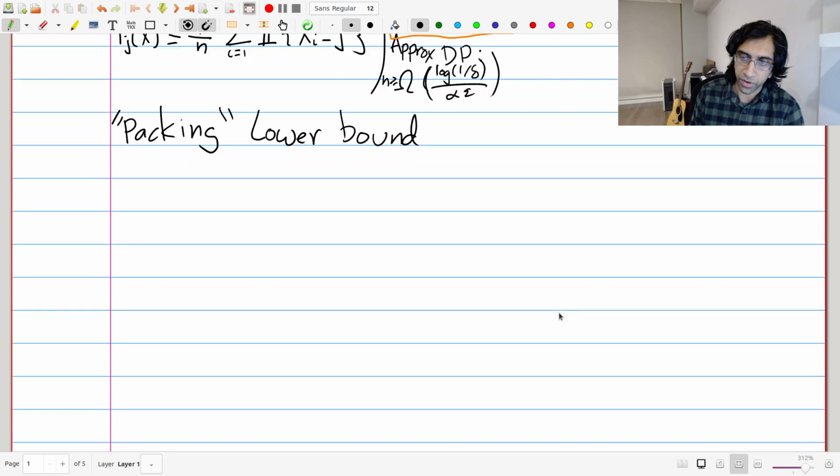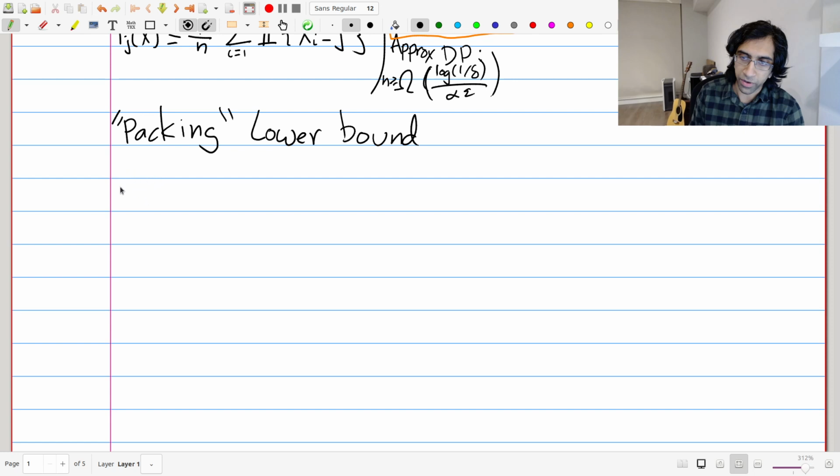So the argument is kind of rather elegant at its core, though it can get more technical for more advanced cases, but nothing we see today will be super, super complicated. But it might be a bit unintuitive at first, because lower bounds are typically a different style of thinking than upper bounds. So try to pay attention and see if you can really internalize the type of argument we're doing here. But essentially, at its core, packing lower bounds follow the same type of